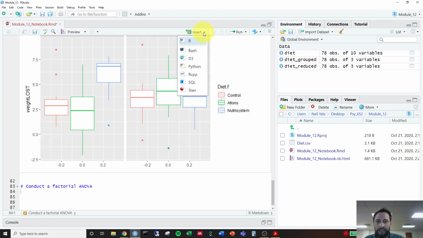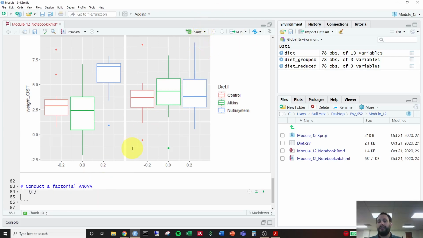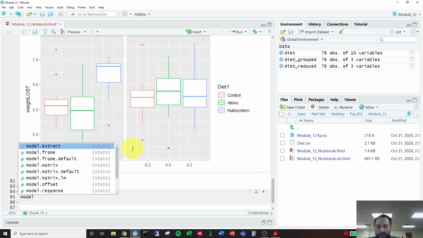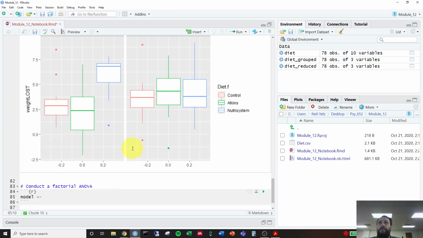Okay, and let's go ahead and insert a new R chunk. And really, this is going to seem very similar to how you set up your linear regression models. As we learned last week, it's really just a different way of running a linear regression model and requesting a certain type of output. So we're going to go ahead and name this model, and we're going to save this model. We're going to do lm, so linear model. Our outcome variable is weight lost, regressed on gender.f plus diet.f,